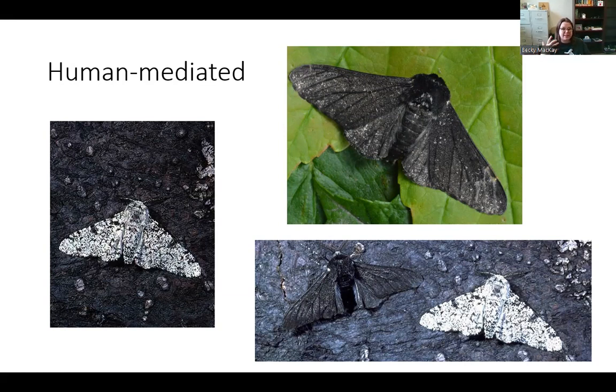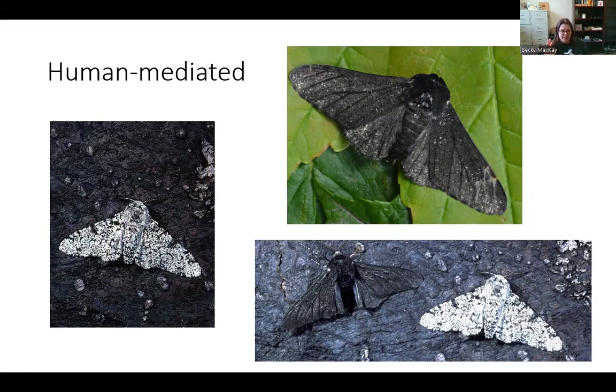And so the genes in the peppered moth population are completely different before and after. It doesn't mean that they're a new species, because they're not, but the genes are different, and so that's evolution. And the other thing about evolution, like I said, is it's always happening all the time. As we don't burn as much coal now, we still burn fossil fuels and stuff, but we don't burn as much coal. And so we don't have as much soot. So it could be that over time, the trees start to lose that soot and ash and they become more white, and then the white peppered moths will work again.